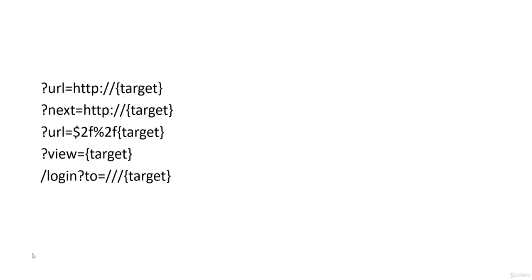There can be the target directly embedded in the view, and another is login to. There can be the login to parameter, and the return URL parameter, where you will inject the payload or a list of payloads, which can be customized payloads or simple payloads. We'll see all of those examples in the upcoming lecture and get a good grasp on each of these terms of URL redirection. So see you in the next one.